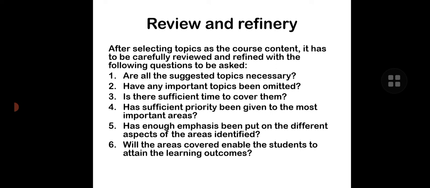Third, is there sufficient time to cover them? Fourth, has sufficient priority been given to the most important areas? Fifth, has enough emphasis been put on the different aspects of the areas identified? And the last one is, will the areas covered enable students to attain the learning outcomes?